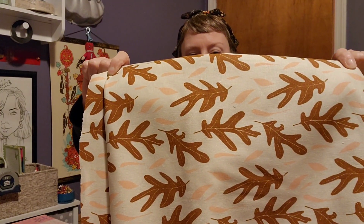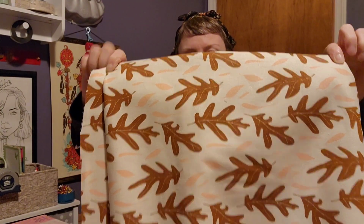Okay, 3 bottoms. This fabric was again in my fabric haul from the previous video, and it's kind of what I am basing the entire capsule wardrobe on. It's just this really pretty leaf print with a cream background, linen cotton blend fabric, and I immediately, when I first saw it, was like, those need to be wide leg pants that have some kind of stretchiness in the waistband,